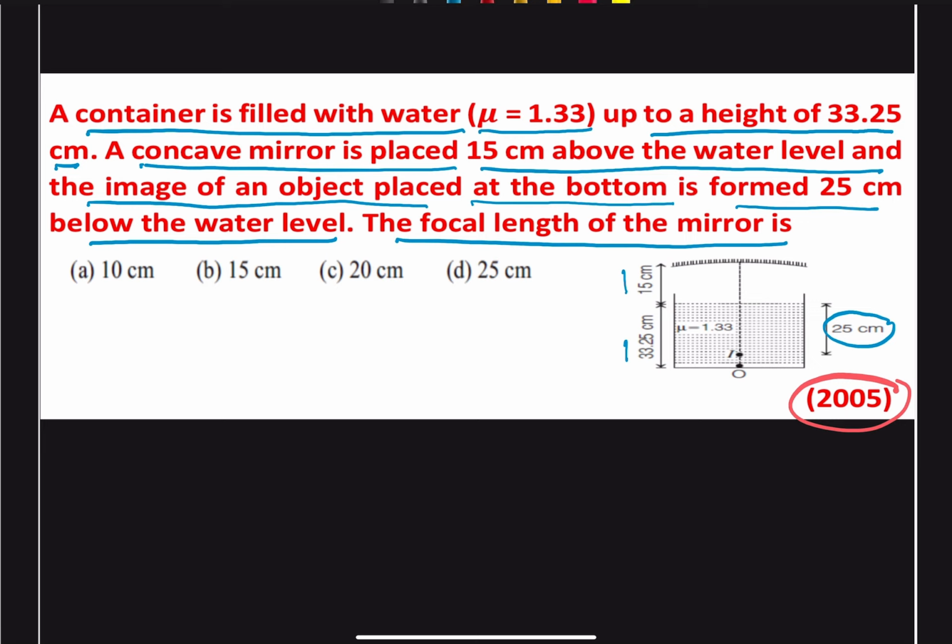So this question is basically related with the apparent depth and the real depth. We are already given that the refractive index, that is our mu, is 1.33,